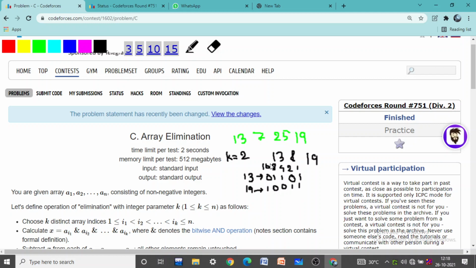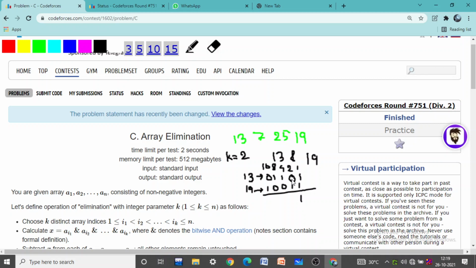You can see these are the values of the individual bit positions. So 13 is 8 plus 4, 12, 12 plus 1, 13, and here it will be 16 plus 2, 18, 18 plus 1, 19. So the bitwise AND of these two will be 1 and